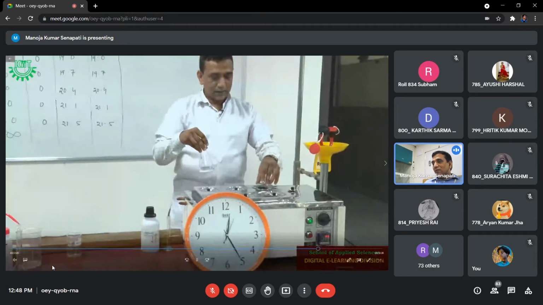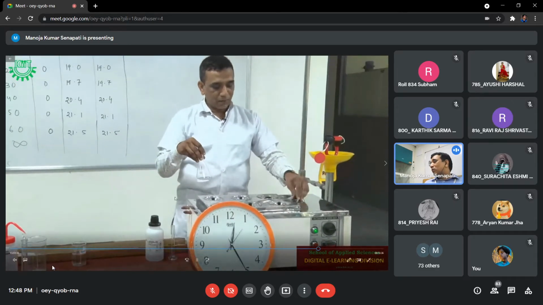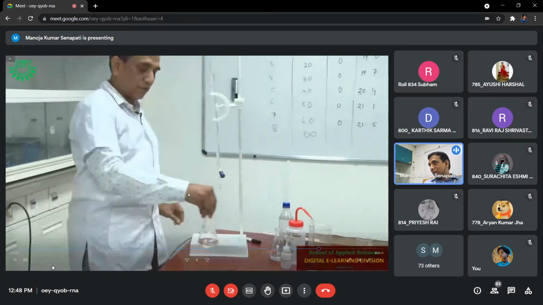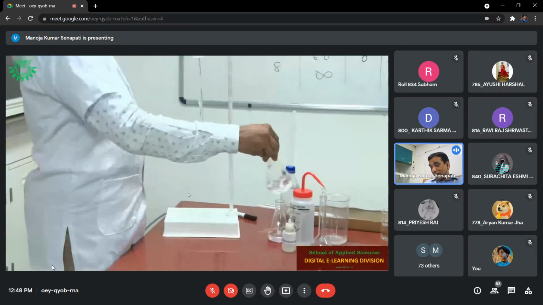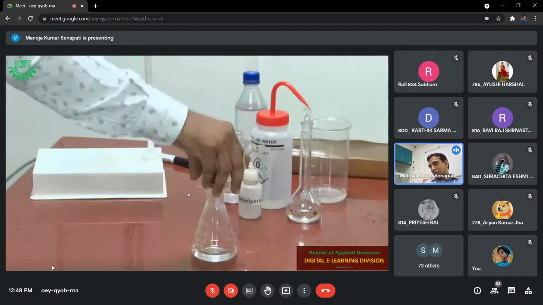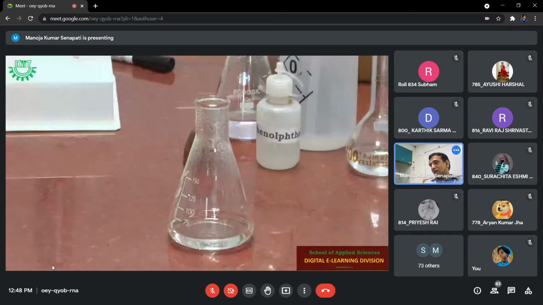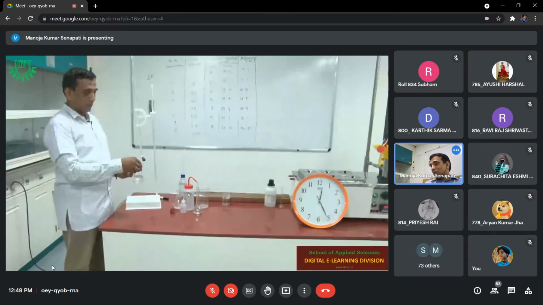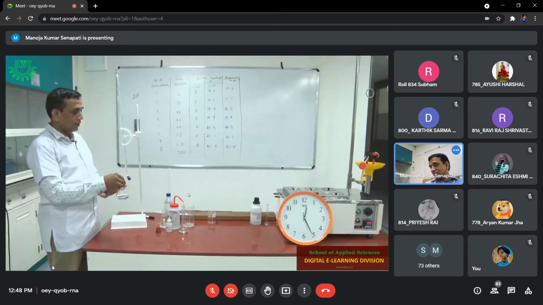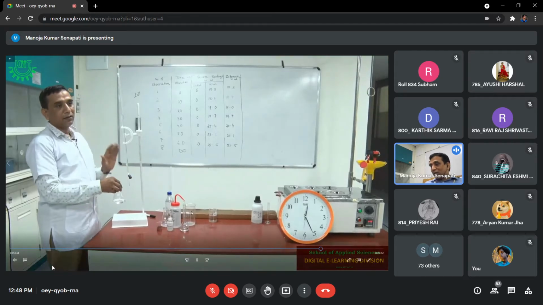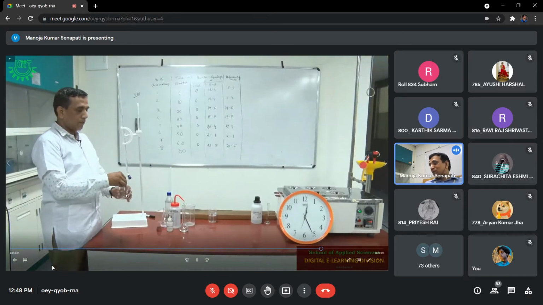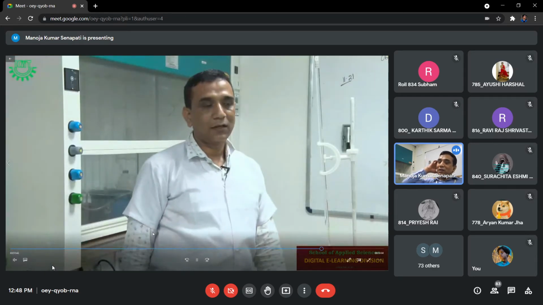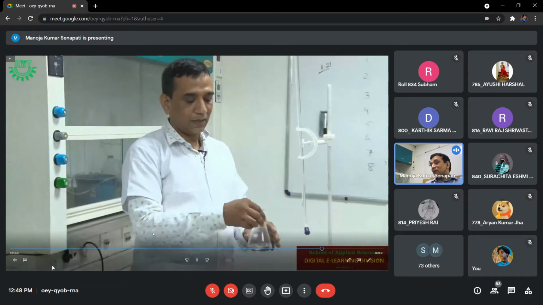So take out the conical flask from the hot water bath, open the cork, keep the conical flask on the table for a certain time, and see that it comes back to the normal room temperature. And when it comes back to normal room temperature, then you will add phenolphthalein and carry out the titration. You do not have to take the reaction mixture again, because already you have taken the reaction mixture before heating it. So in this conical flask, 20 ml water and 10 ml reaction mixture is already there.